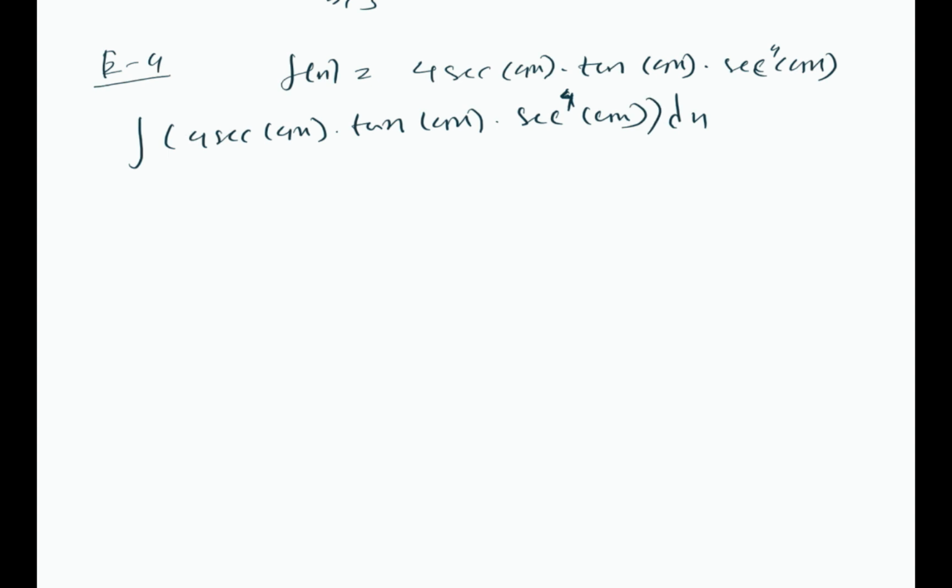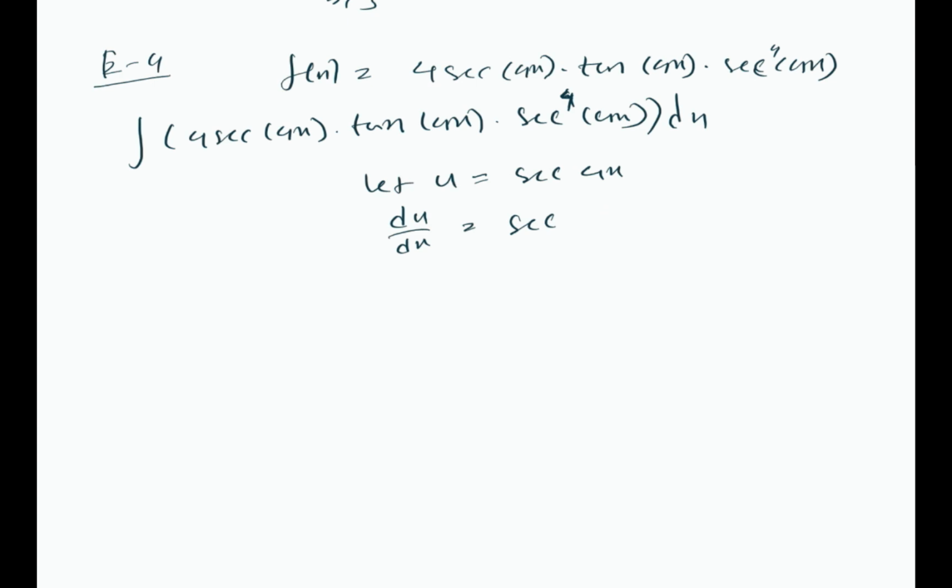Now we need to choose our u. We need to be very careful with this kind of problem. We need to make sure that u and du can represent this whole function. So let u be equal to sec of 4x. You know, the derivative of u with respect to x, like the derivative of sec of x is actually